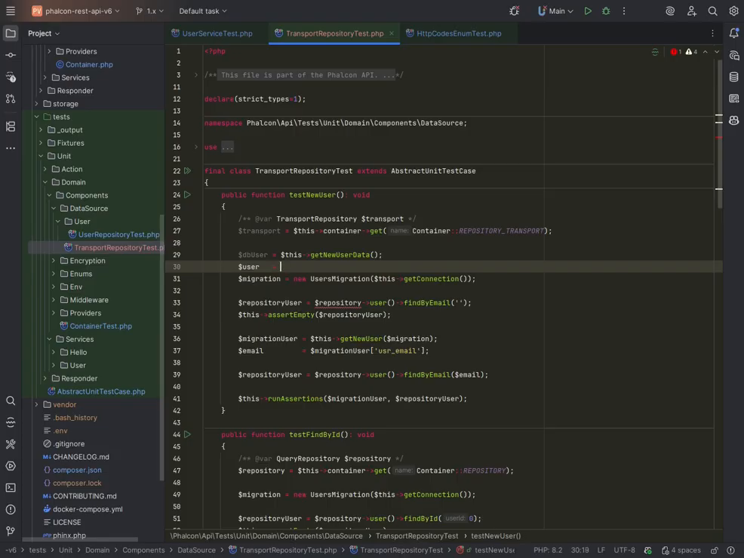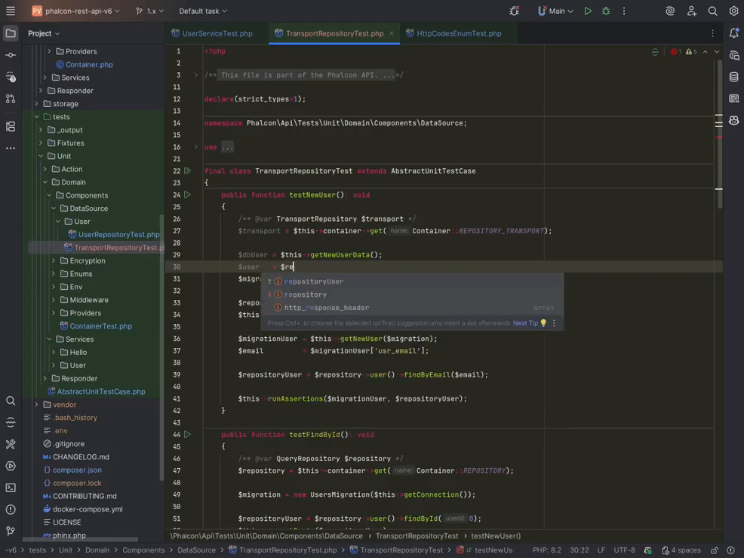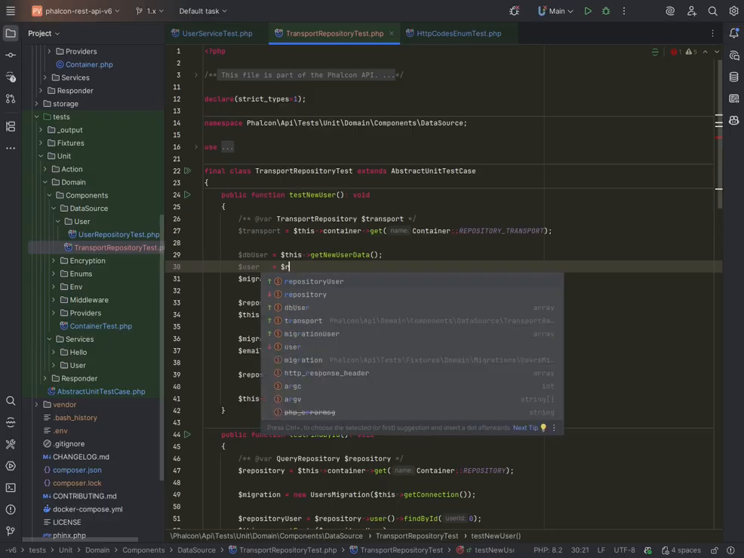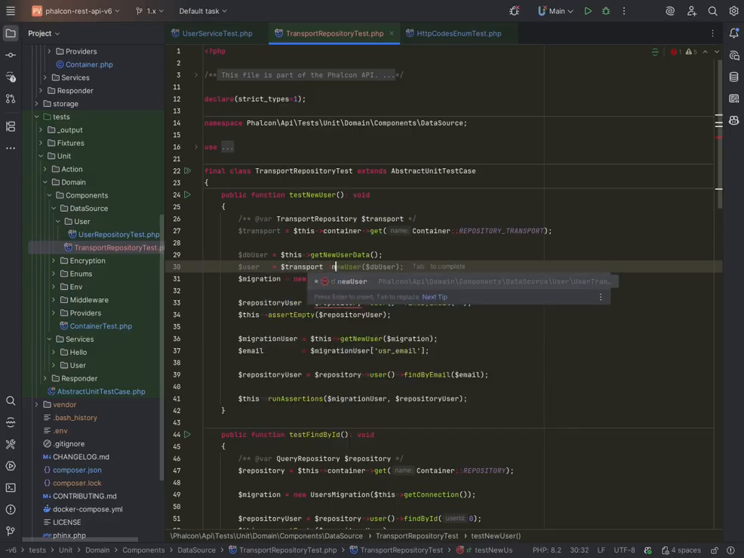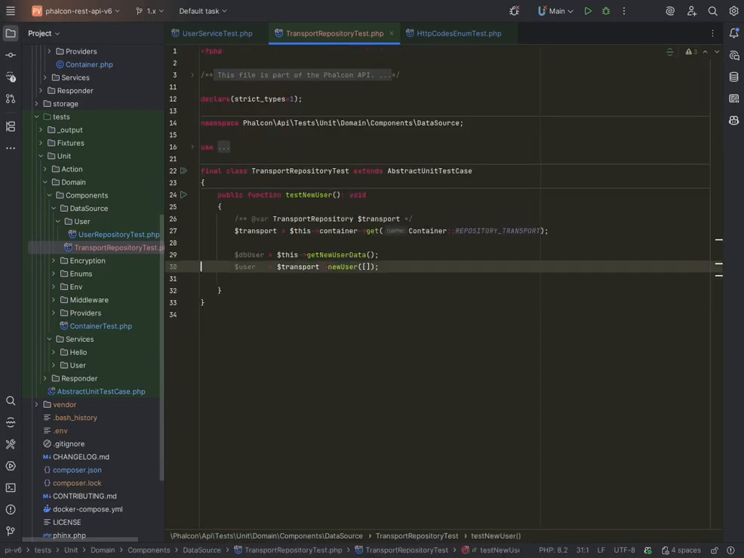User equals report. Should we do this? Yeah, transport new user db user. Or actually, no. Let's do an empty first. Get rid of all of that. It confuses me. And then we have to do this assert